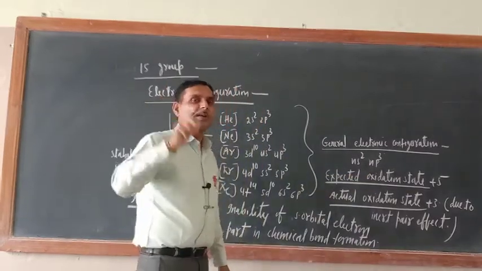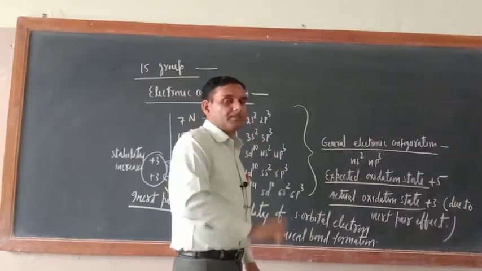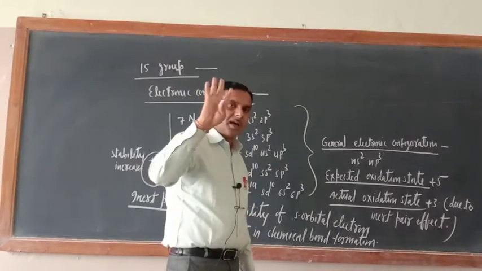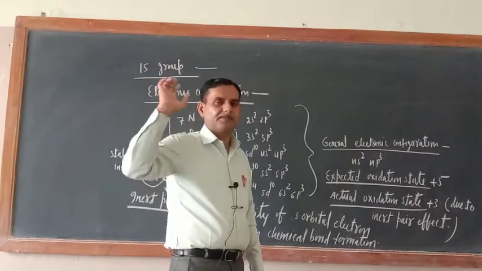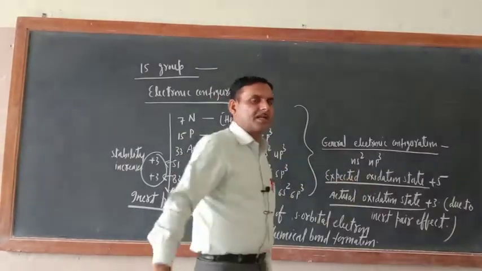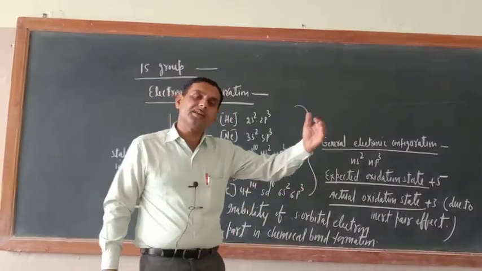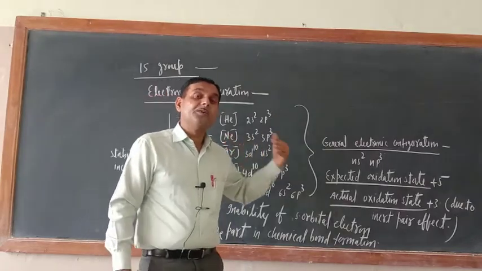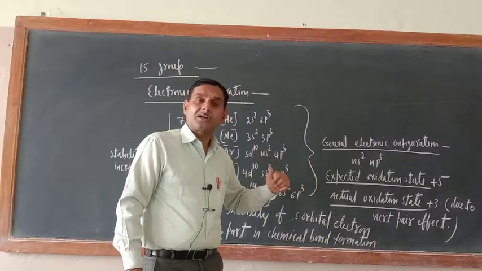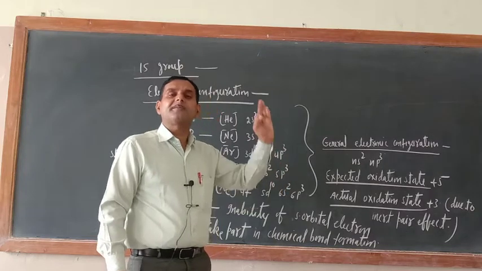Last year in the periodic classification chapter you have seen one term: the penetration effect. What is the meaning of the penetration effect? There are 4 orbitals: s, p, d, f. As compared to p, d, f, s orbital electrons are very close to the nucleus. Since they are very close to the nucleus, their electrons will be attracted towards the nucleus. Because of this strong attraction, s orbital electrons show reluctance to take part in bond formation. This is the reason for the inert pair effect.